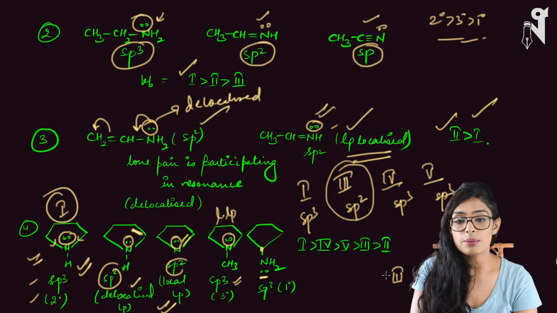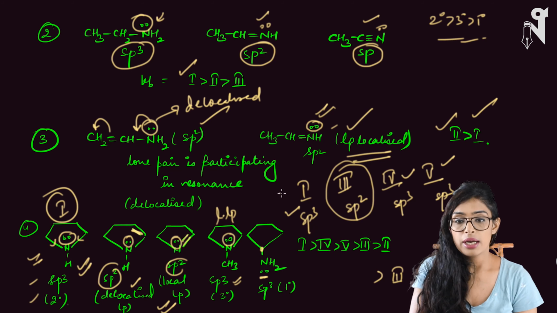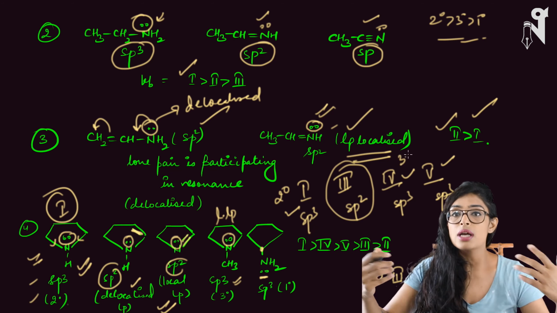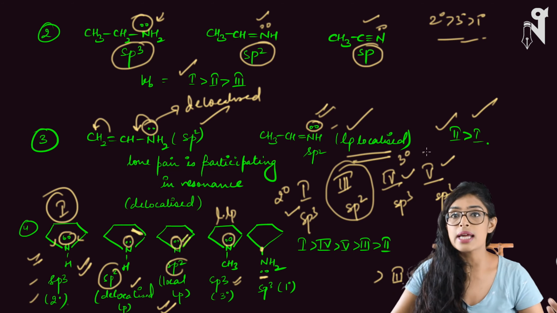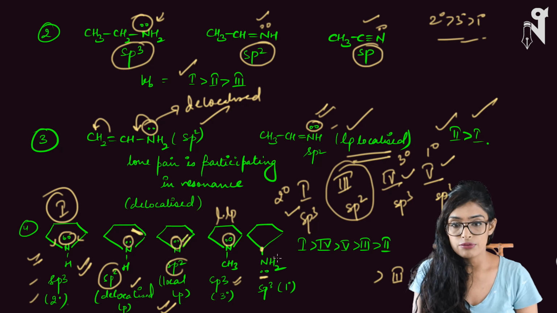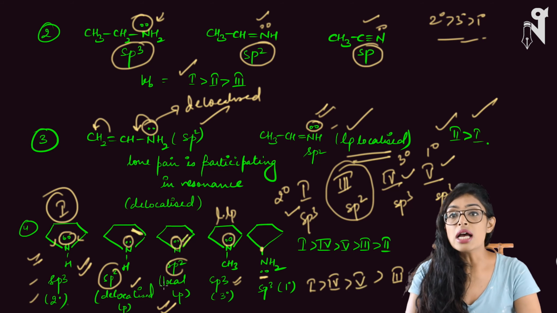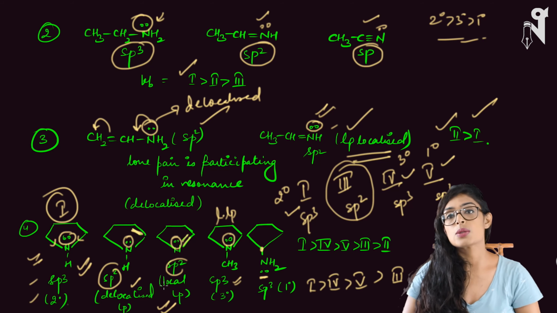Okay, now I have to compare between three sp3s. So I have the first one as secondary. Now look at their degree. So this is secondary, this is secondary, this is tertiary, and this is primary. So this is how exactly the order is going to be: secondary most basic, then tertiary, then primary. So the order is going to be first, then fourth, then fifth, and then third, and the last one is going to be your delocalized one.